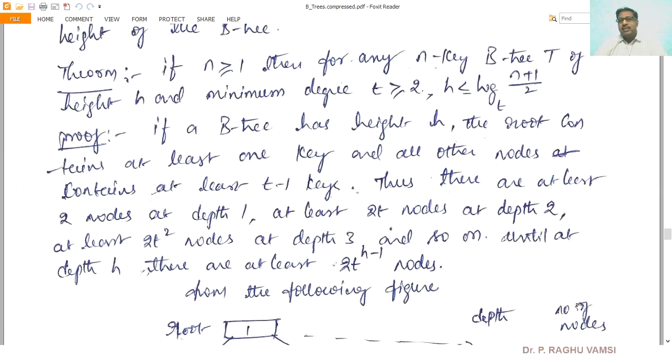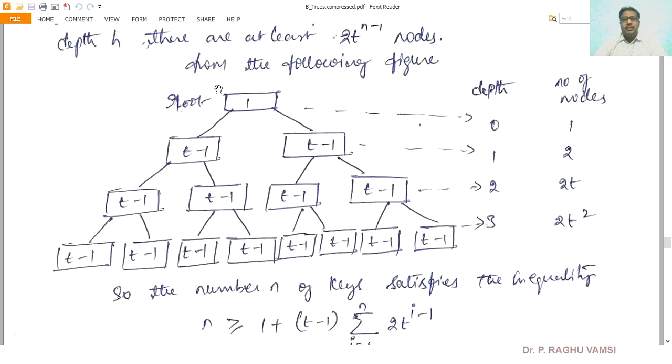As the depth increases, the number of nodes is multiplied like this, until at depth h there are at least 2t to the power h minus 1 nodes. From the following figure, at the root, depth 0, the number of nodes is 1. At depth 1, the number of nodes is 2. Like that, at depth 2, the number of nodes is 2t squared. Like that, the depth increases.